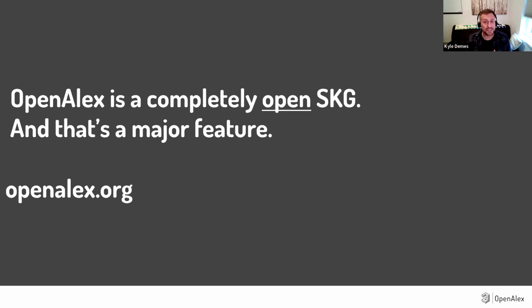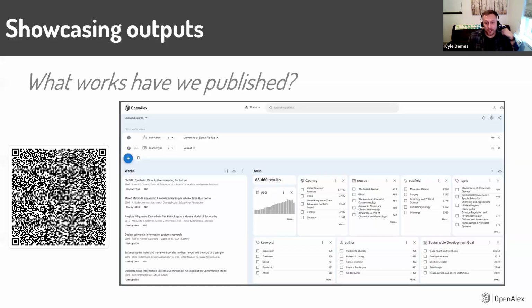It's a very large database. So just know that you need some skills to be able to do that, but it's all out there. And so is our source code. So everything that we've done to manipulate the data to get to this usable tool is all completely open under either a CC0 or an MIT license, so that you can do whatever you want with it. And that's a major feature. That's our big differentiator. But a couple examples of ways that libraries are using it I wanted to show.